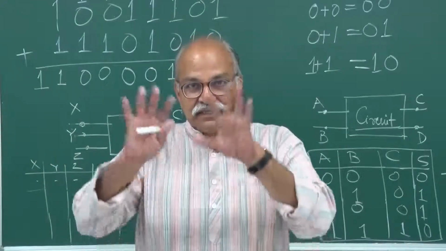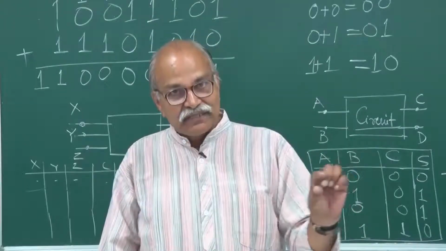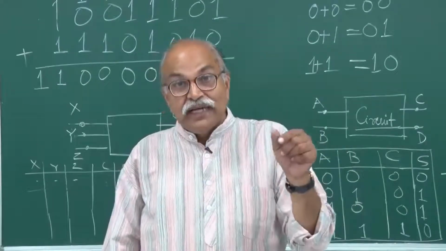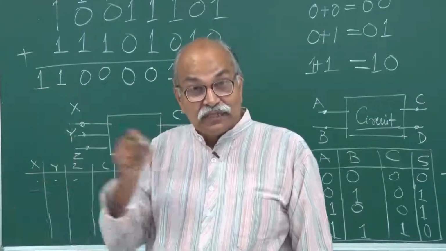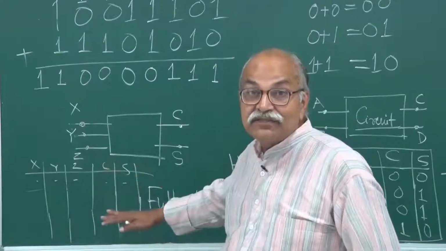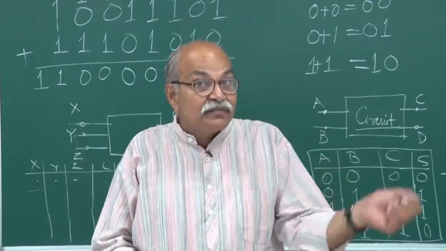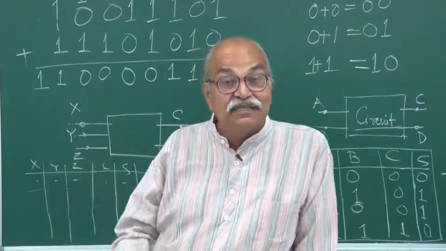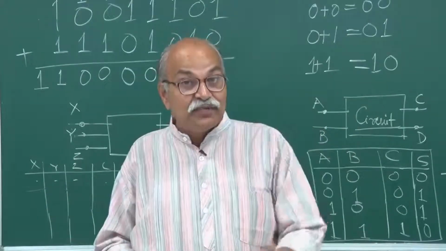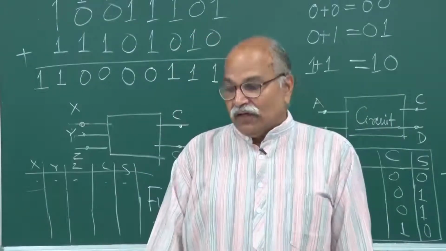But then the design is such that if the voltage is in this range, I call it 0, and if the voltage is in that range, I call it 1, and similarly for output and for input, then I should get this truth table implemented. So that is the digital circuit. It takes digital inputs and it gives digital outputs. Could be one output, could be more outputs, could be one input, two inputs, three inputs, and so on.